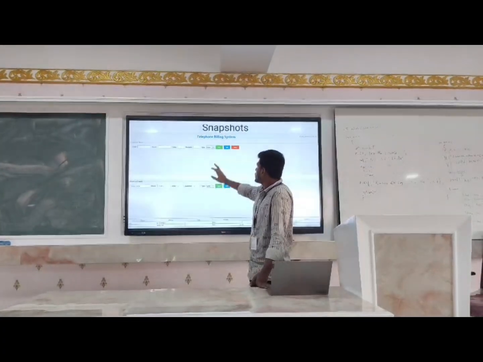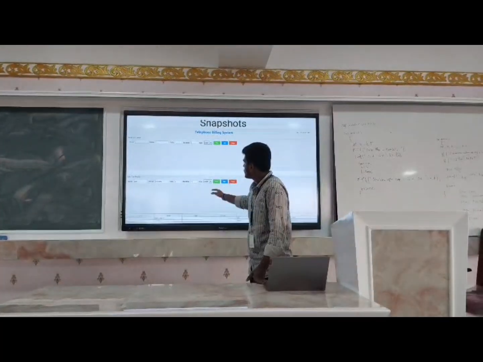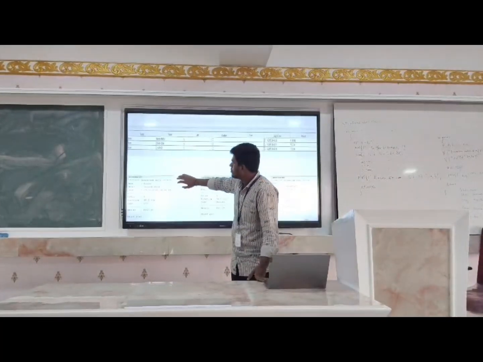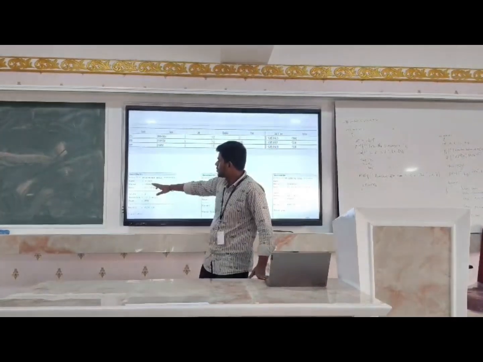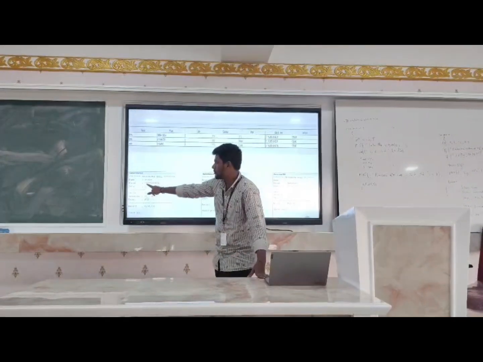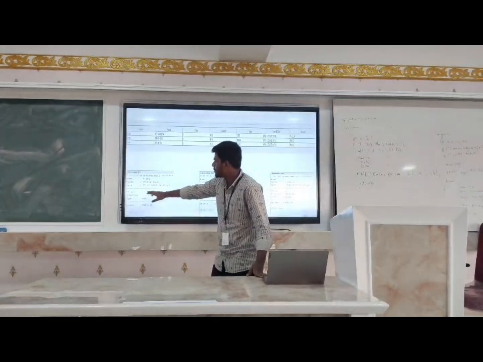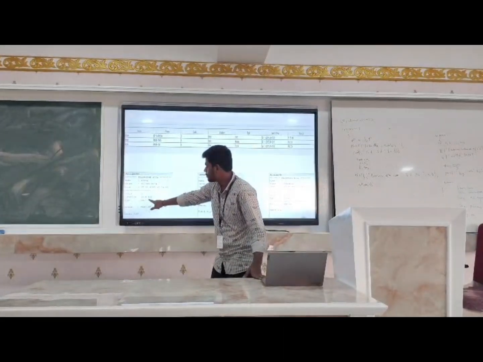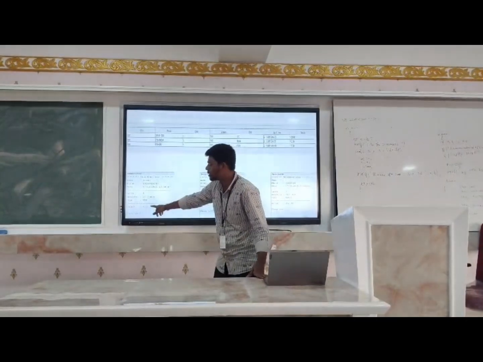If we click on bill, it will generate the bill like this. It gives the name and phone number. In standard, the phone number starts with 0, and it gives the date and time, the number of calls and duration of the call, the type, which is standard, and the total amount is 150.